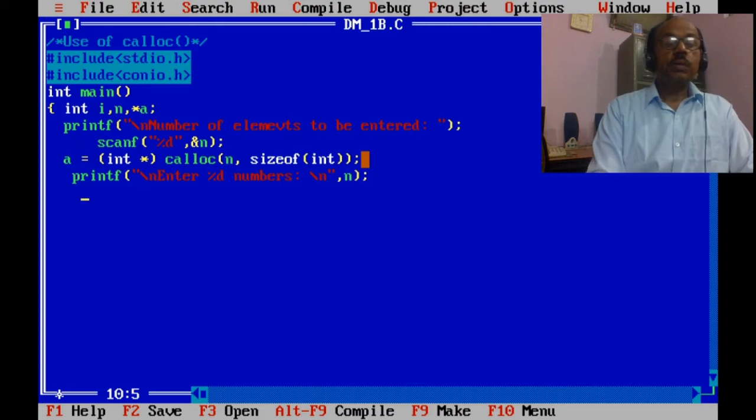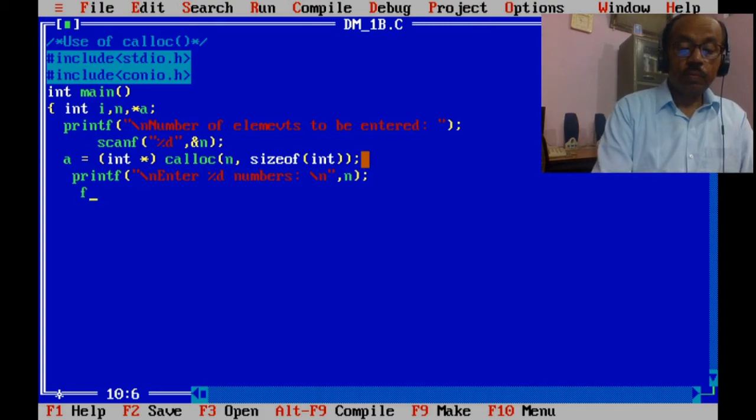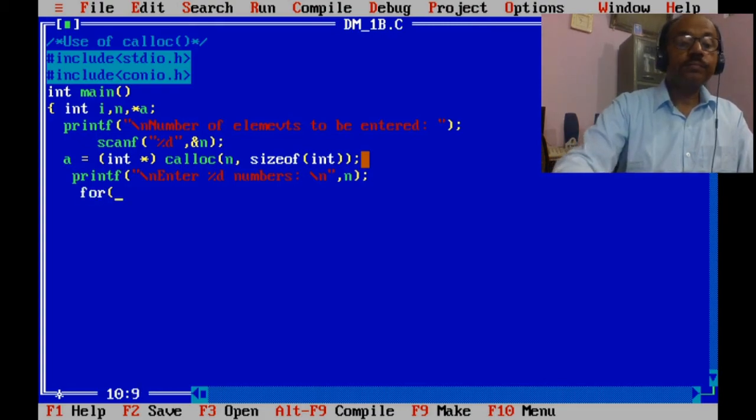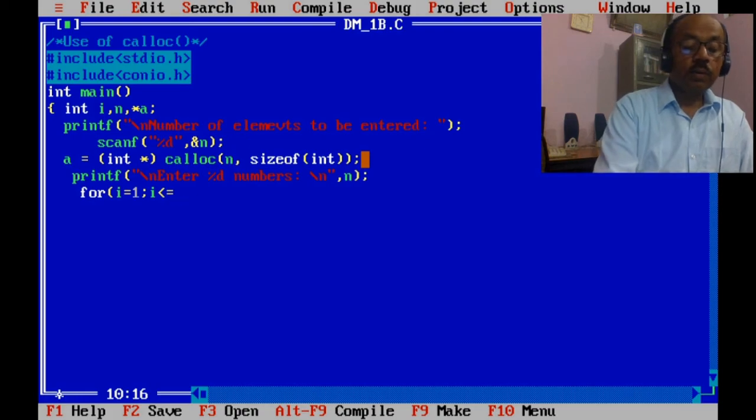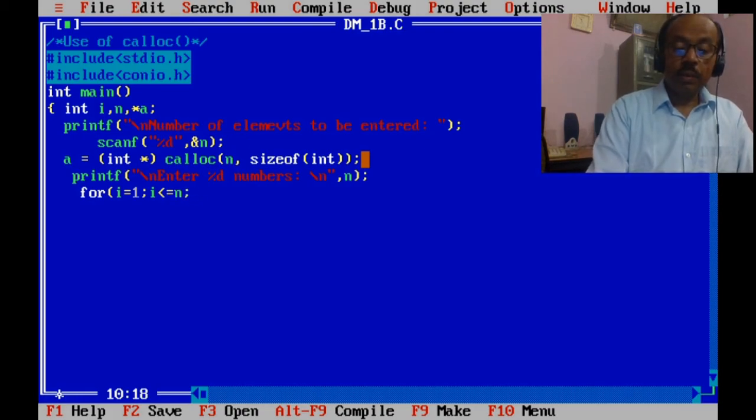Now we will start a loop: for i equal to 1, i less than or equal to n, i plus plus.